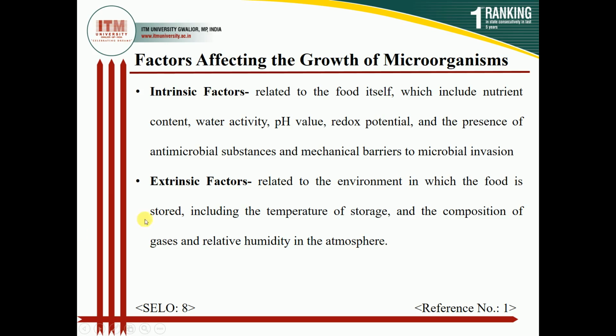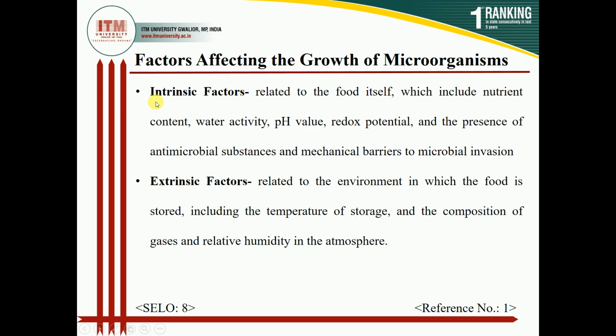So what's the meaning of desirable changes? It means that, like the fermentation process that occurs because of the microorganisms, these come under the desirable changes, because we get good products from the microorganisms. Undesirable means things like food spoilage and food poisoning, which means the good food products are affected. The growth of microorganisms can affect the flavor, texture, and color of the food product. So these are some undesirable changes that generally we don't want.